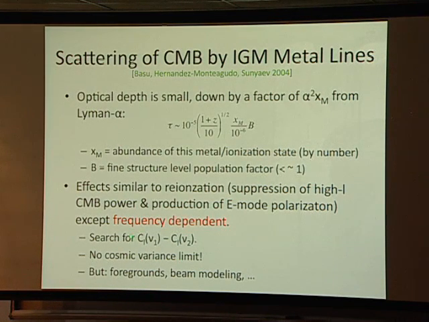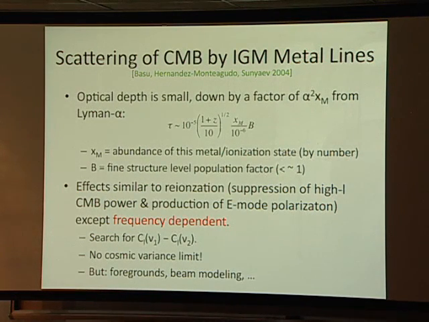So what could you do with that? Well, you could look for variations in the power spectrum as a function of frequency. There's no cosmic variance limit in that because the CMB itself is frequency independent. But when you start thinking about this, the first thing that comes to your mind is foregrounds. And the second thing that comes to your mind is that the slight variation of the CMB fluctuation amplitude as a function of frequency is precisely what you will get if your frequency-dependent beam model has a small 10^-5 error. So that's a bit of a worry.